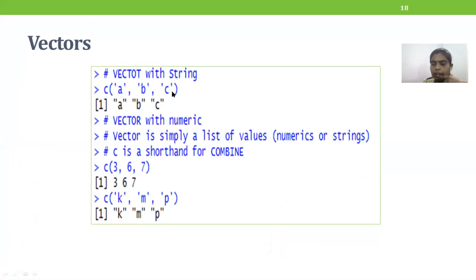Can you try combining string values this way? We executed one command to add two strings, but it was not possible. So now can you try this way? The string can be enclosed in single quote or double quote, but according to R, it is considered as double quote. Though you give it in single quote, R will assume that it's a string and mark it with double quote. So don't worry whether you use single quote or double quote.